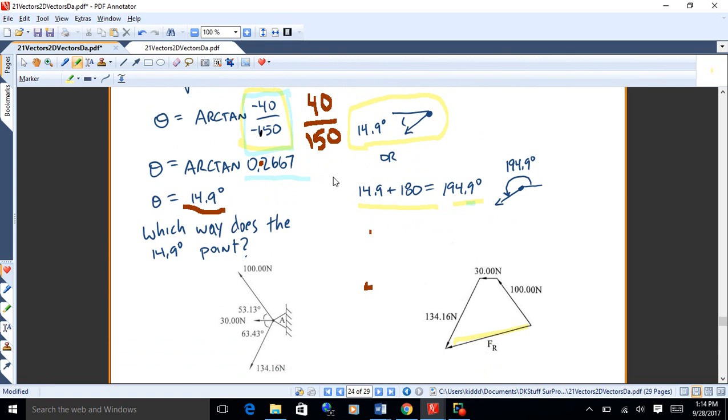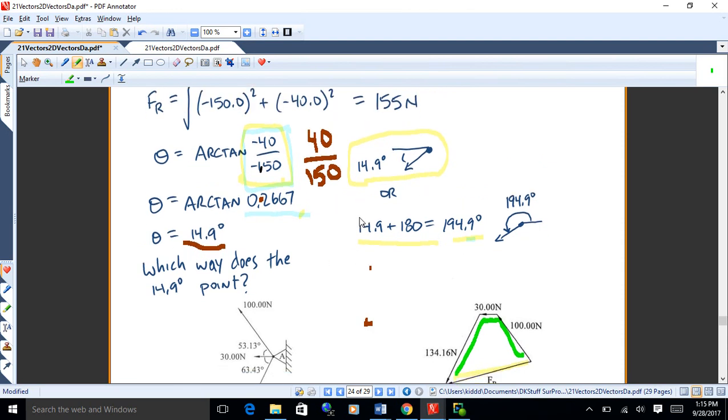And when I think of this stuff, I think of it in a graphical, visual way, okay? And see, the other way to think about this, you know, if I go up left, go to the left, and then go down left, I'm going to get that resultant there in yellow. I mean, that's what I did. I added those three vectors together. I did it analytically, so I just was punching a bunch of buttons on my calculator. But this is what we did earlier when we did this thing graphically, okay? And for this one, when we did it exactly with a calculator, we got, whatever we got, 155